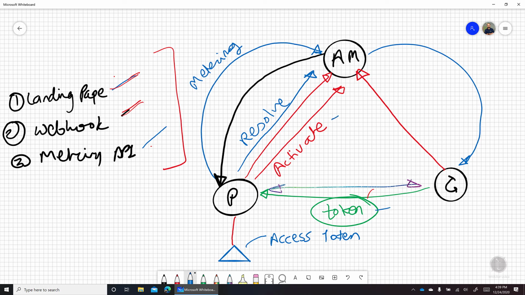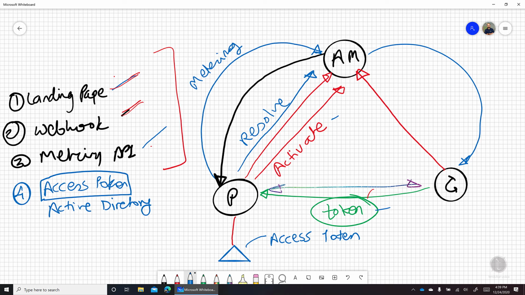So the fourth requirement which is listed is the access token, which you can get by registering your application on Active Directory.